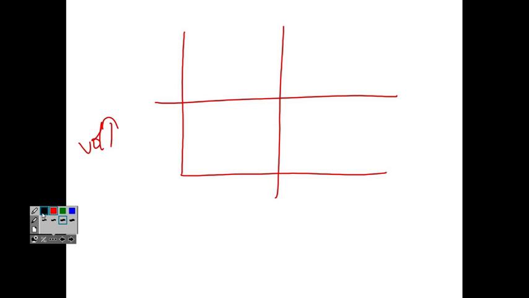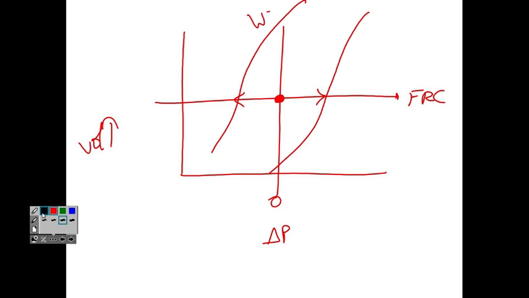Volume on the Y, and this will be the pressure gradient. At rest it's 0. Lung volume is at FRC. So this will be the point of equilibrium. At the point of equilibrium, there is one arrow going towards the chest wall, which represents recoiling force of the chest wall, and the arrow going towards the lung represents recoiling force of the lung. Chest wall recoiling force is directed outward, so that's why they call it an expanding force, and this is towards the collapsing force.